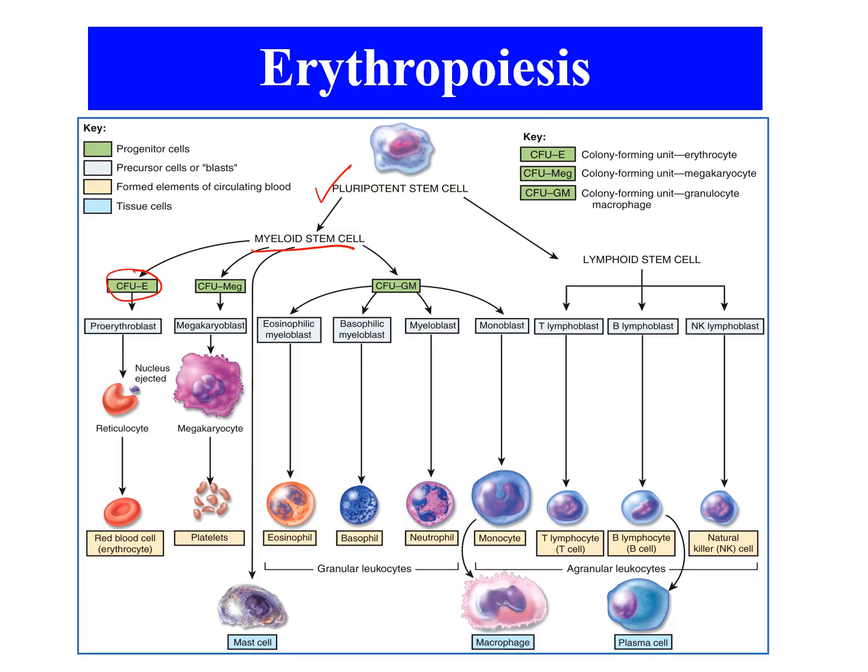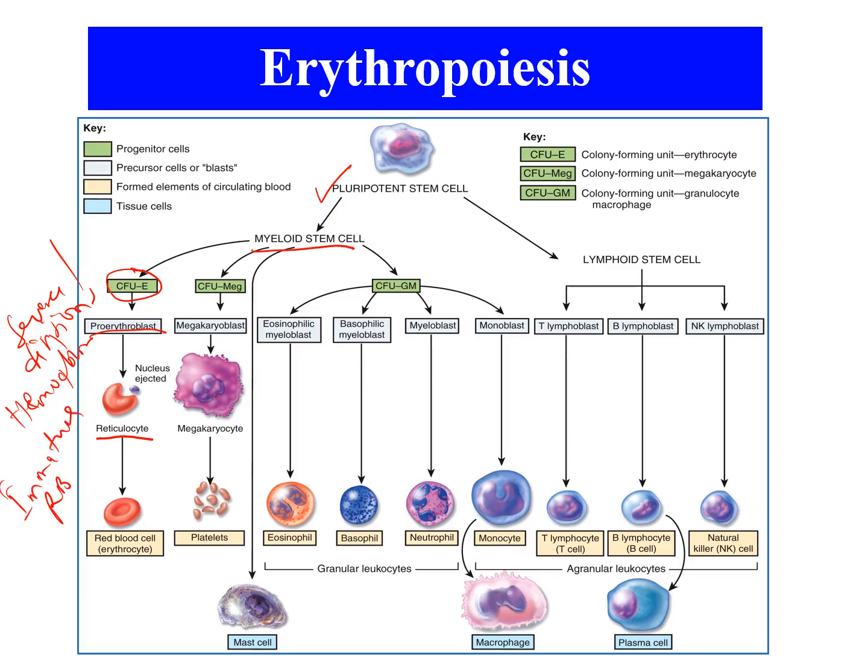This colony-forming unit erythrocyte then becomes the proerythroblast, which is the precursor cell. This precursor cell undergoes several divisions, or it divides many times, and then it forms cells that have the ability to synthesize hemoglobin until we get to produce a reticulocyte, which is an immature